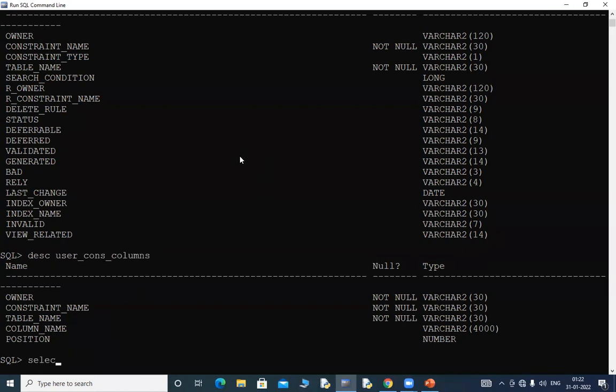So let's say I need to query this: select column_name, constraint_name from user_cons_columns. Okay, so this way if I just press enter here, it will give me the list